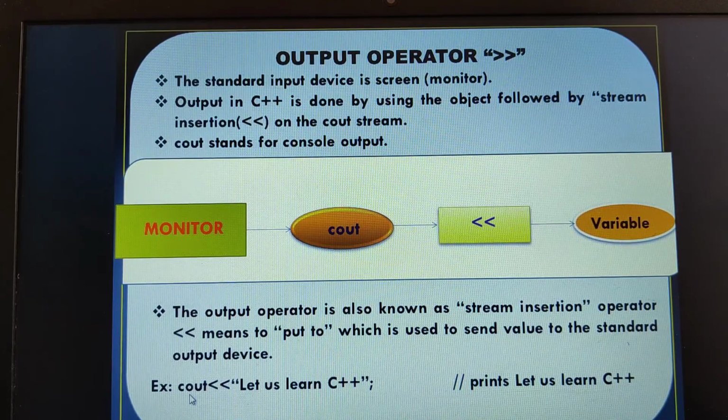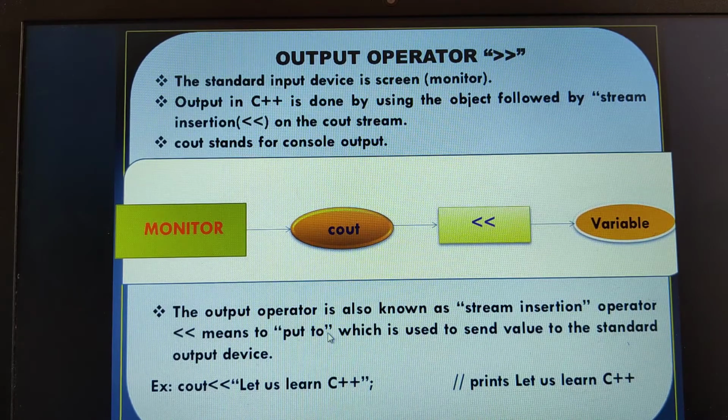That's what it is, cout followed by the stream insertion, and whatever is given in the cout statement will be displayed onto the monitor. Therefore, cout stands for console output. How will this cout work? It will extract the contents from the variable with the help of the stream insertion. Whatever has been read from the memory, the same string constant will be displayed